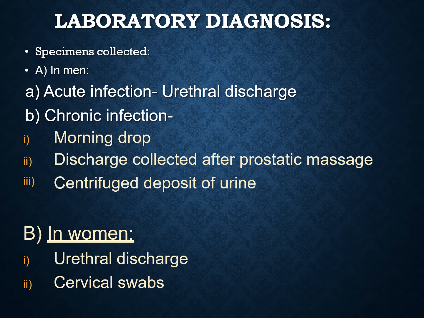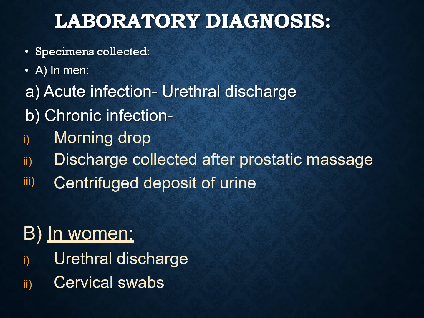Hello everyone. In the last class, we discussed the sexually transmitted disease gonorrhea. The causative organism of gonorrhea is the gram-negative cocci, Neisseria gonorrhoeae. We have studied its morphology, biochemical characteristics, and the pathogenicity of the bacteria in both men and women. And today we are going to discuss the laboratory diagnosis.